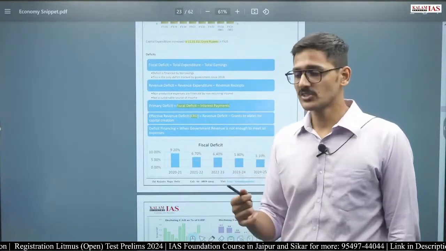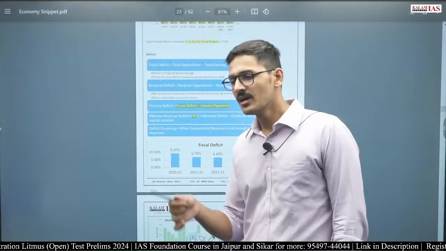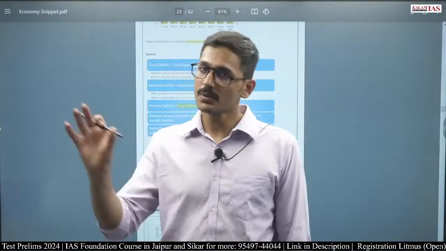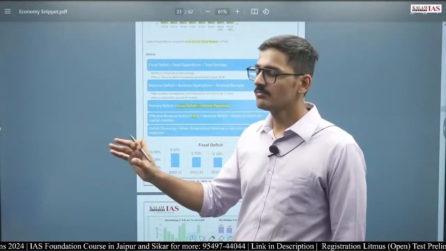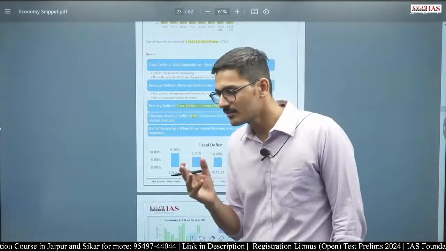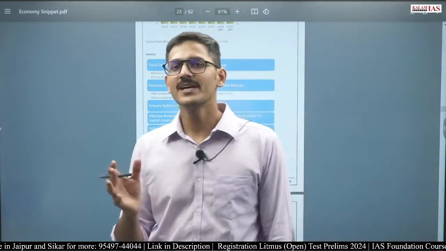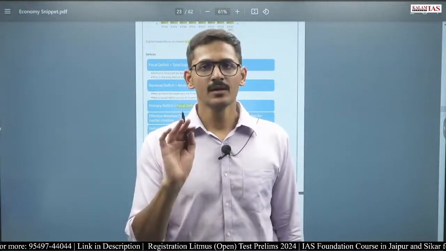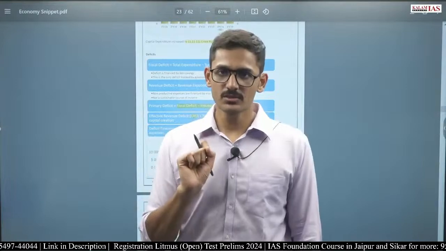a capital expenditure. But in the second case, when the government of India gives grants to the government of Maharashtra for the purpose of building the bullet train, then for the government of India, we will call it revenue expenditure. Why is it a revenue expenditure? Because the government of India is not going to get that money back. Whenever capital expenditure is made, the government of India will receive some returns from it.